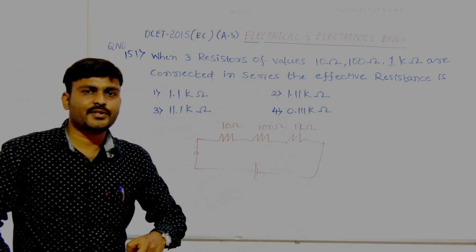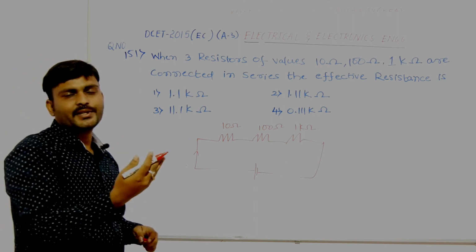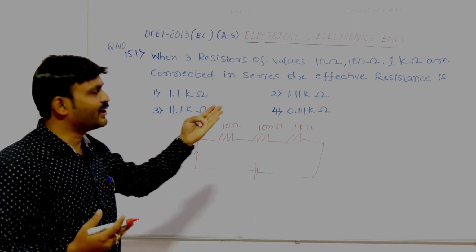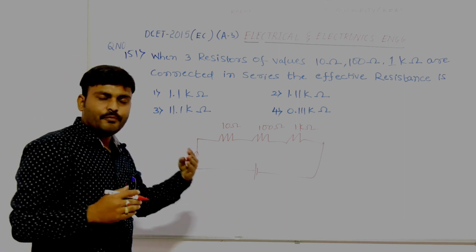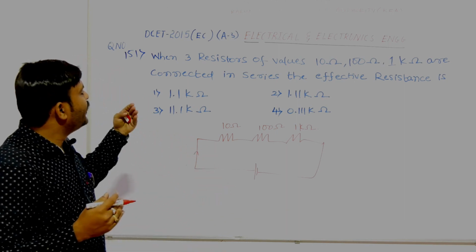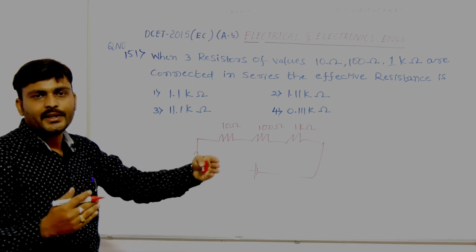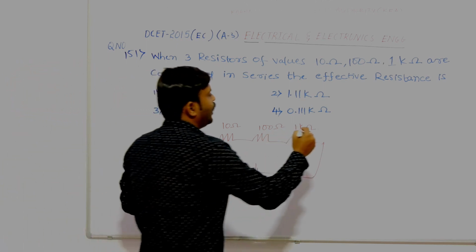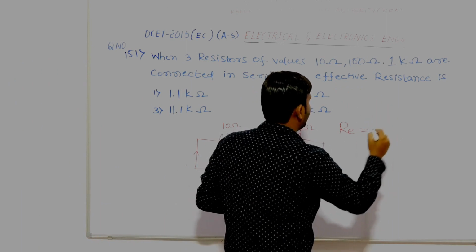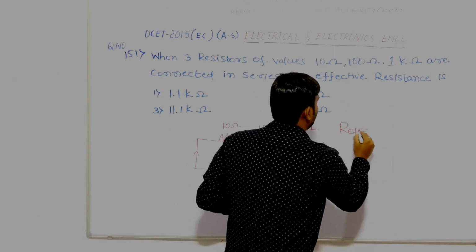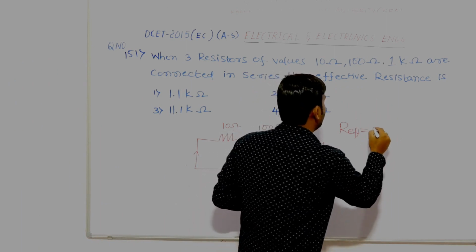We have already discussed the equivalent resistance or effective resistance, total resistance, all are same. We know that when resistors are connected in series, R equivalent or R effective, both are same,